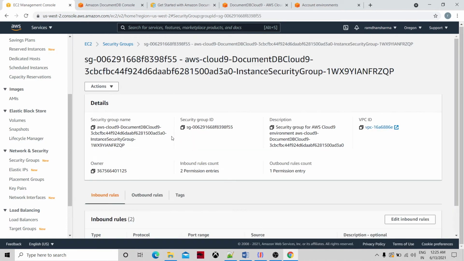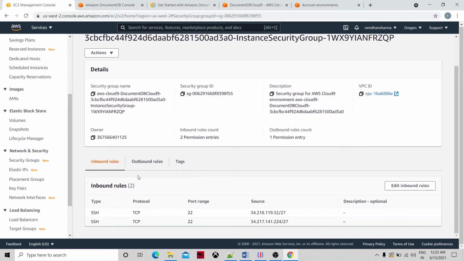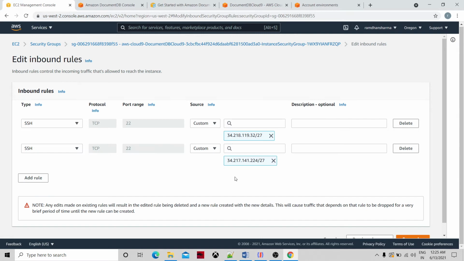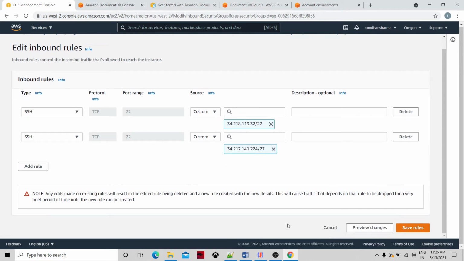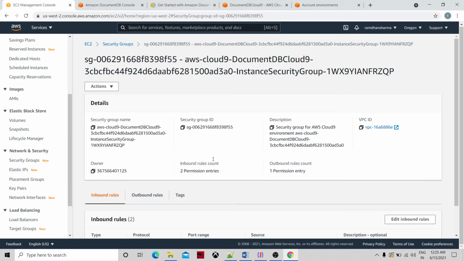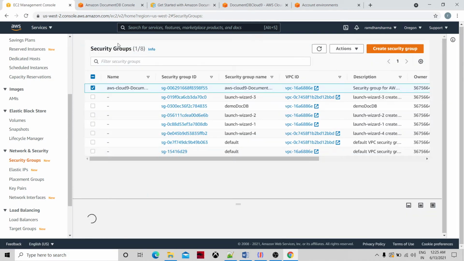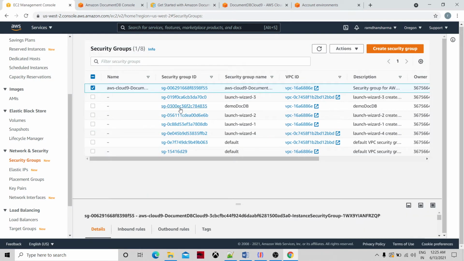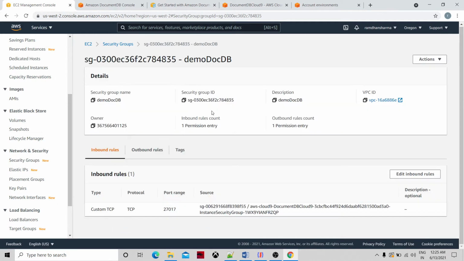This security group I have created, and if you look at the inbound rules, you go to edit inbound rules. This security group I have named demo DocumentDB.